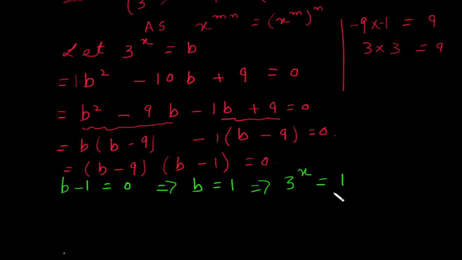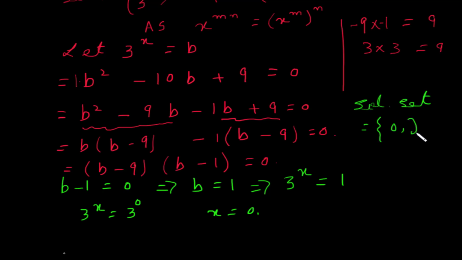Let's write 1 as 3^0. Now, when we have the same bases raised to different exponents and the expressions are equal, the exponents must also be equal. Therefore, in this case, the value of x is 0. So the solution set is